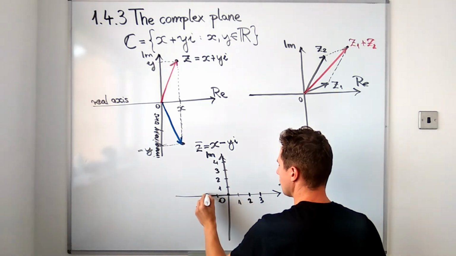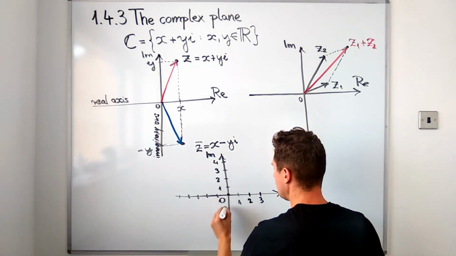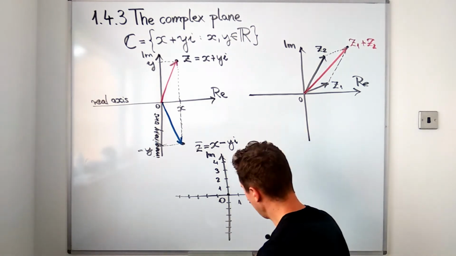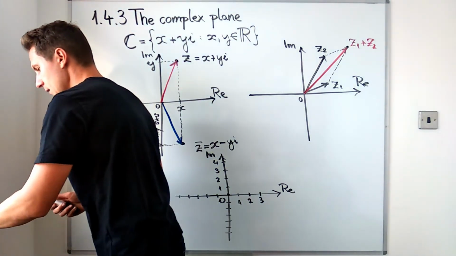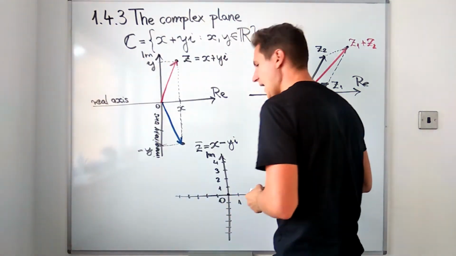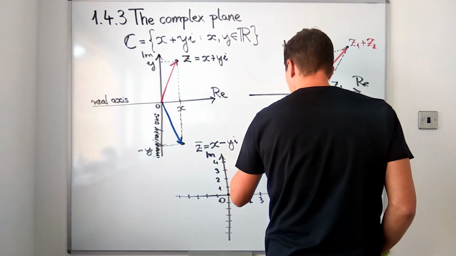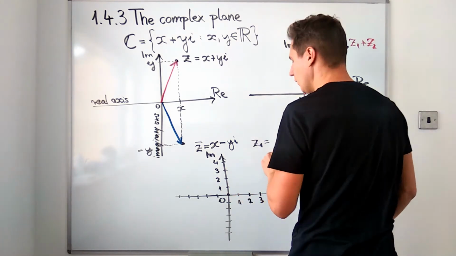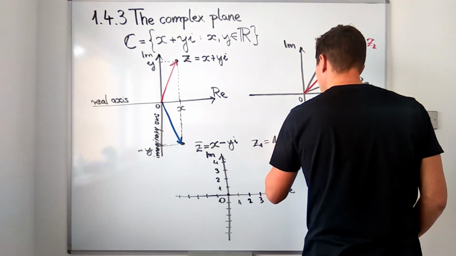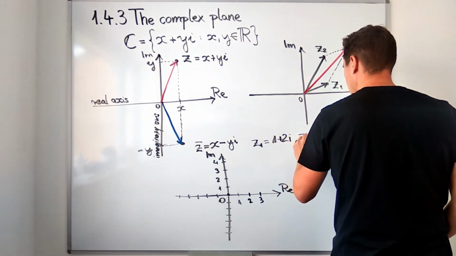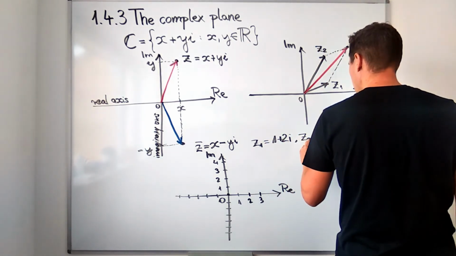So you can imagine having a nice coordinate axis this way. And I want you to take the complex number z1 to be 1 plus 2i and z2 to be 3 minus i,